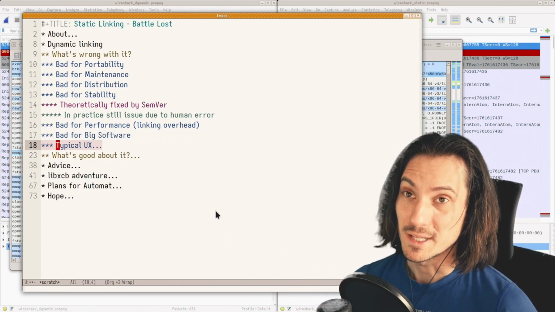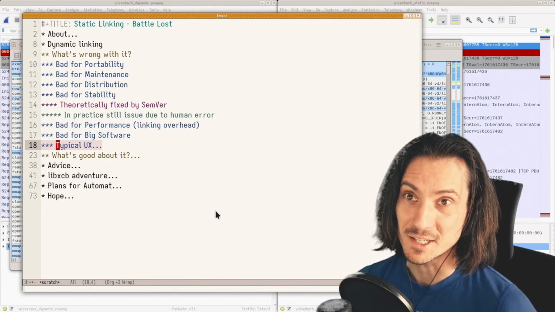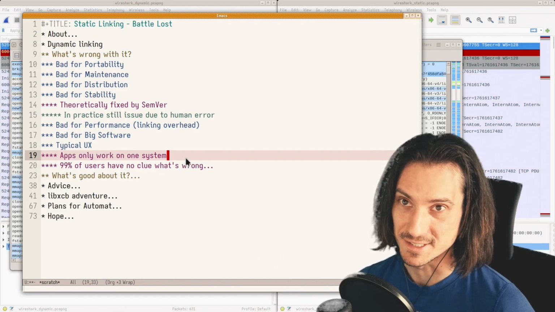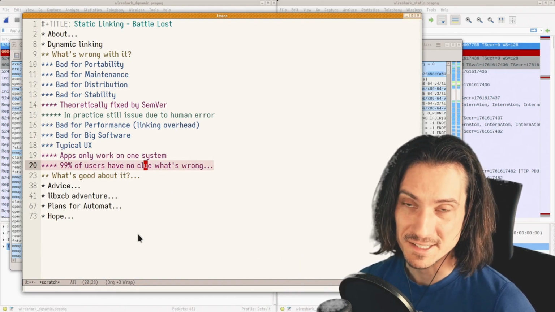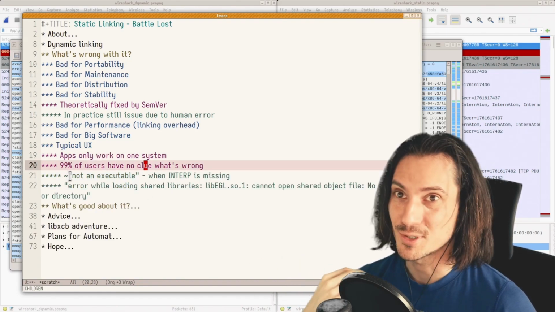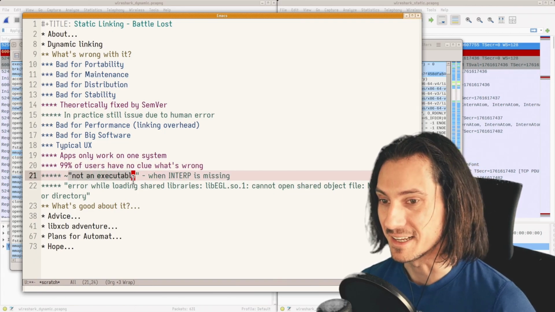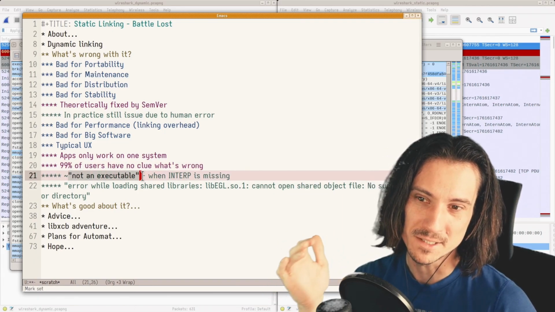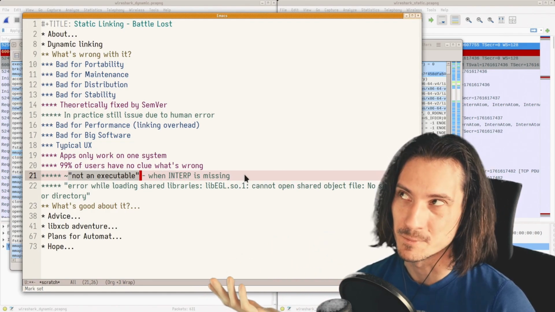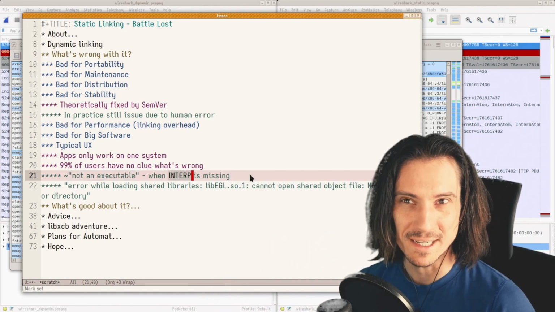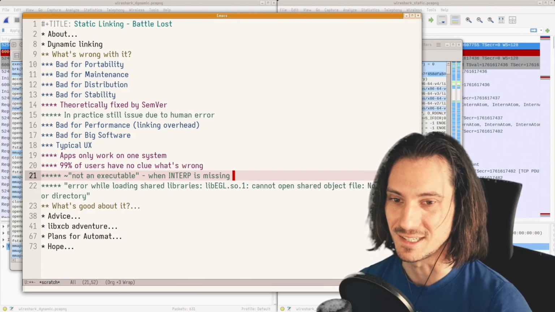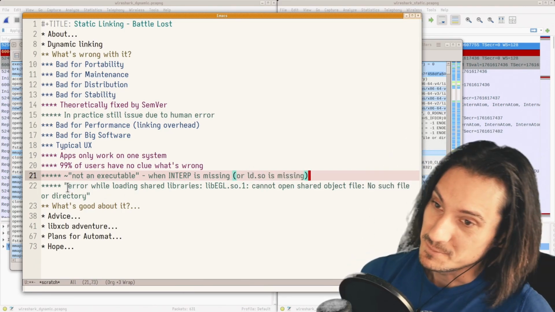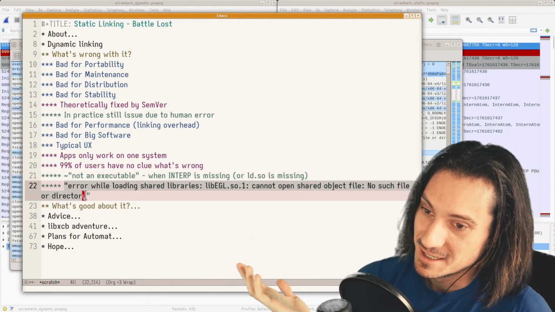In the end, when a user actually tries to use a dynamically linked program, typically the app just works on one system. And when it doesn't, you get totally esoteric error messages, like "not an executable". An error message like that happens when you don't have the right runtime linker, like ld.so. And when the libraries are missing, you get a, I would say, nicer error message, but